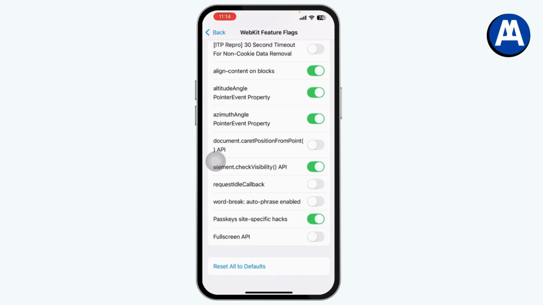So that's it. That was a simple method to fix the issue,